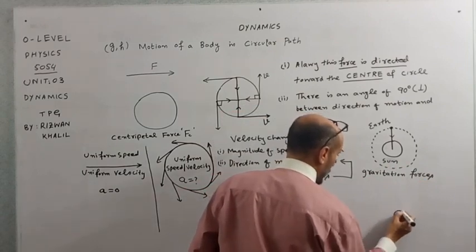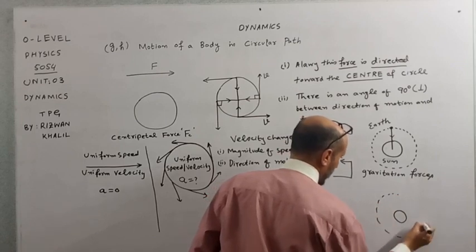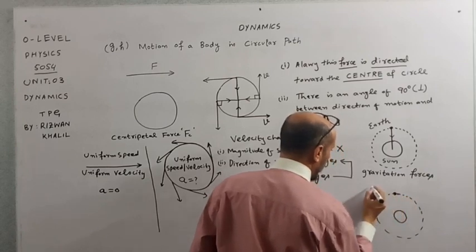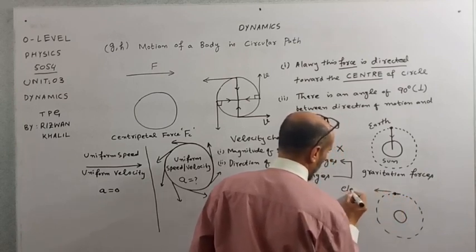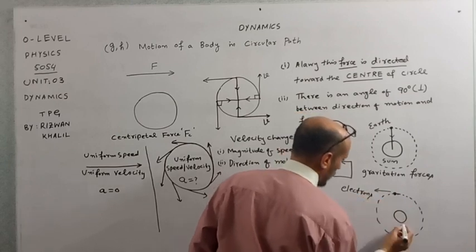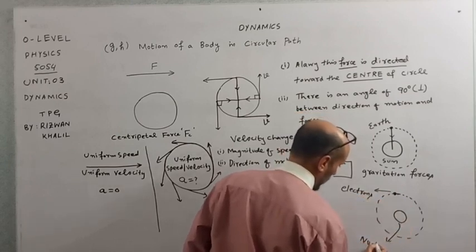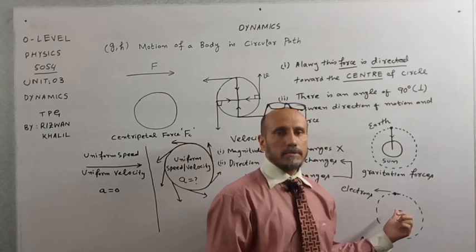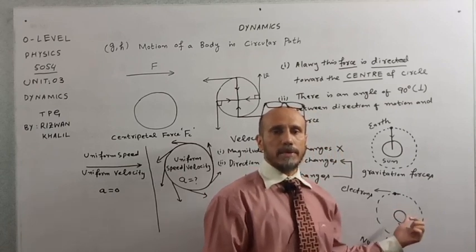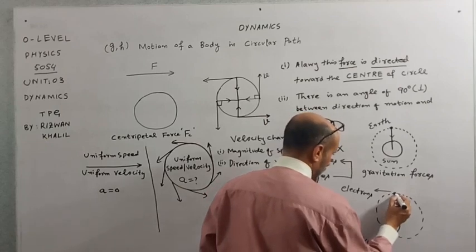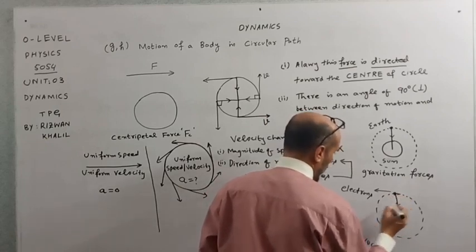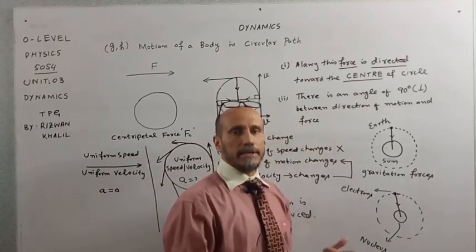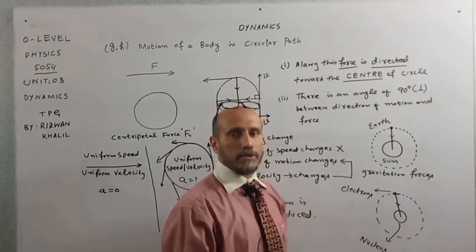We will consider another example, and that is the nucleus, and around the nucleus we are considering electrons. This was the nucleus. So in which path do electrons revolve around the nucleus? In a circular path, and definitely the direction of force will be like this. And since these are charges, what kind of force exists between these two charged bodies? That is electrostatic force.